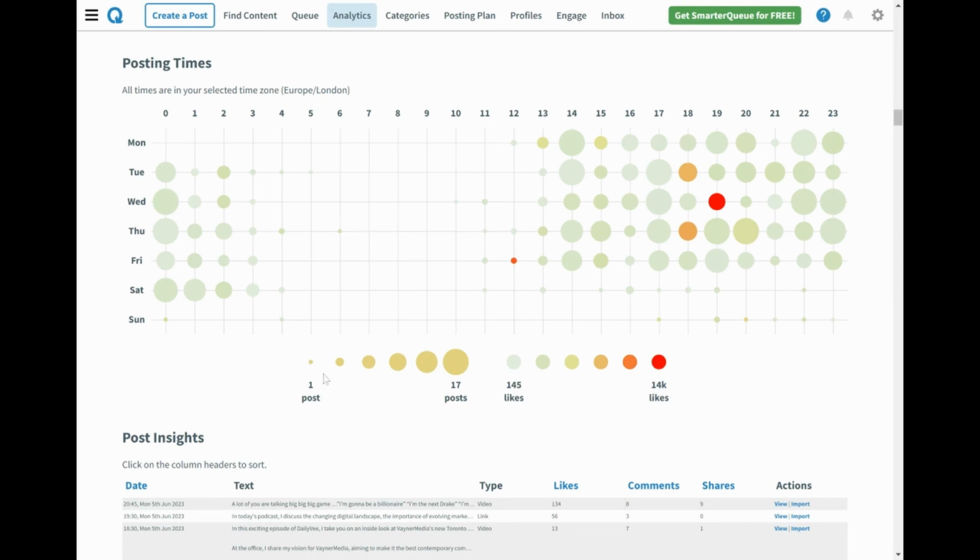Looking at this map, the large orange bubbles on the 18th hour on Tuesday and Thursday show that Gary Vee regularly posts at these times and consistently gets high engagement. So while I'm taking notes on my research, I want to write down that these 2 times generated great engagement